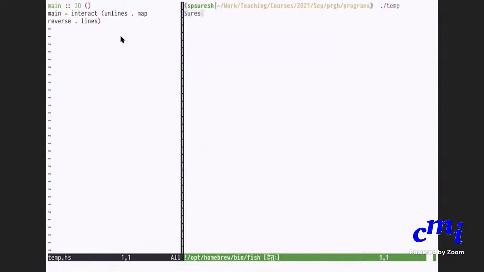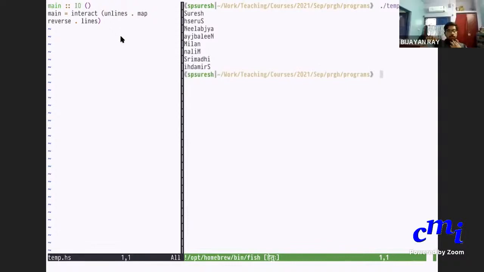Now I can do this. And I can do Control D here. Is this clear? Yes. Okay, what is the other question I had?